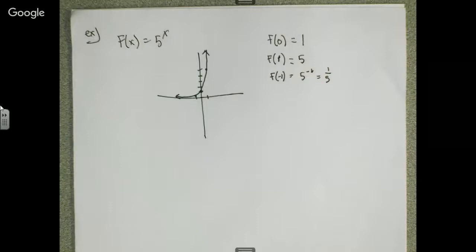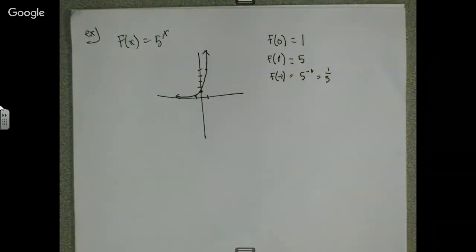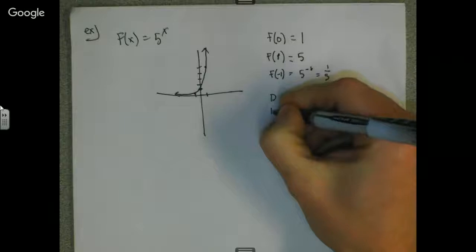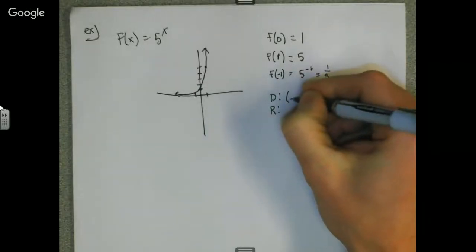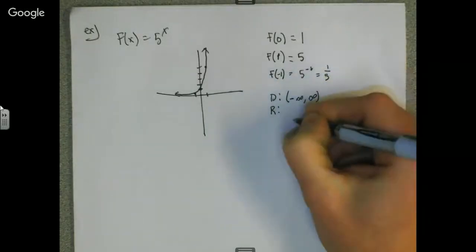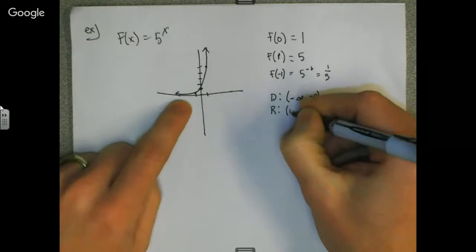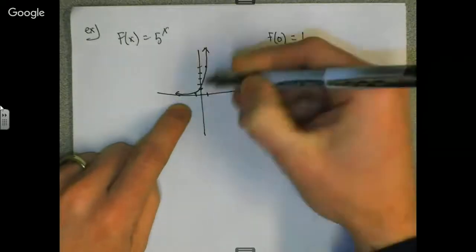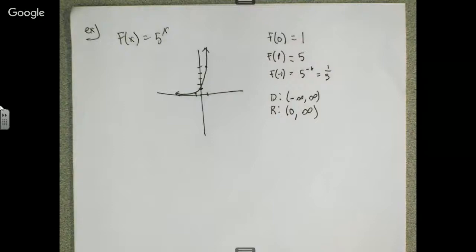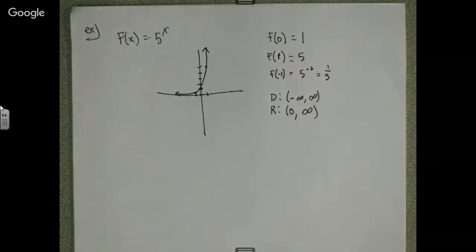So there's my exponential function. We could do domain and range with this. Domain is all reals. And I can't choose 0, but I can go above for my range. So start from here and go up. Now, again, we can do complex things with this,